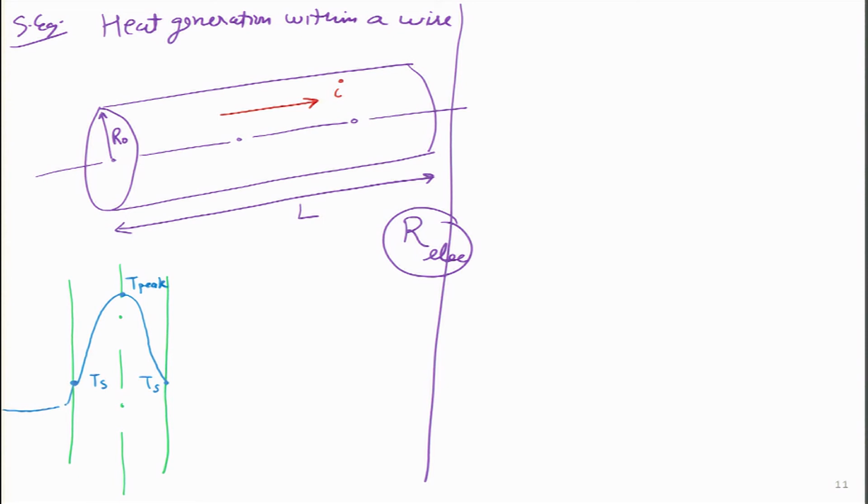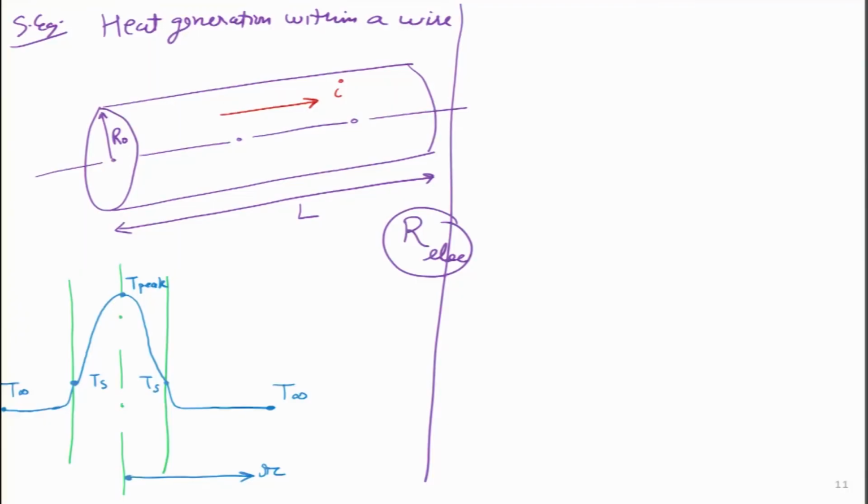Because we have looked at the convection part earlier as a boundary condition, we will say that the convection is taking place over here. This represents the radial direction R, and on all sides of this particular wire, it is surrounded by air which is at T infinity. Because this is not a wall, there is no left or right side. If you look at this particular pen, it is a radial object. So, air is surrounding it from all sides.